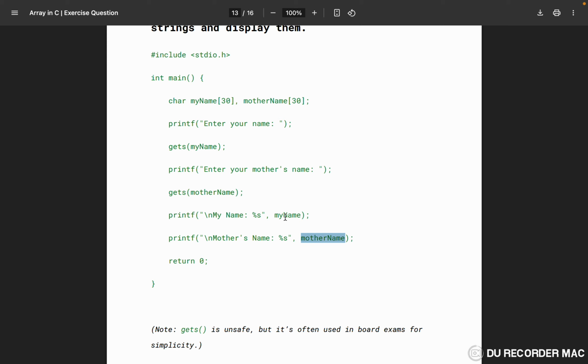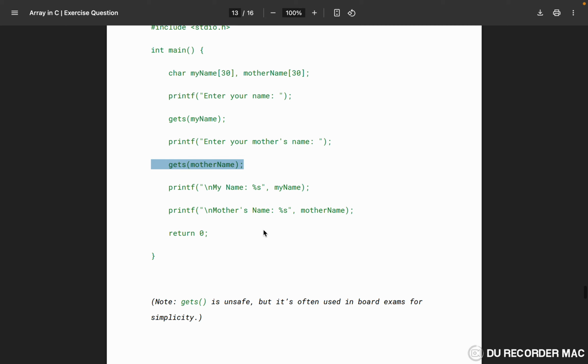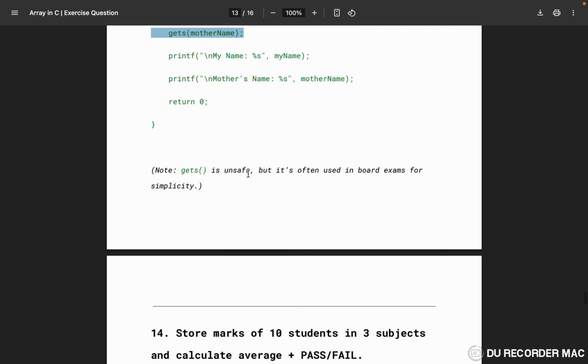While printing, you are using percentages, because you are working with a string type of array. So gets is unsafe, but it's often used in board exams for simplicity,